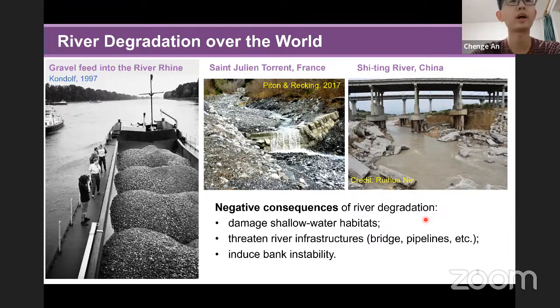Engineers have proposed different engineering measures to inhibit river degradation. One very famous practice is the artificial gravel feed in the River Rhine. The left photo shows a lot of gravel being fed artificially into the river to reduce the river degradation. And now let's turn to the